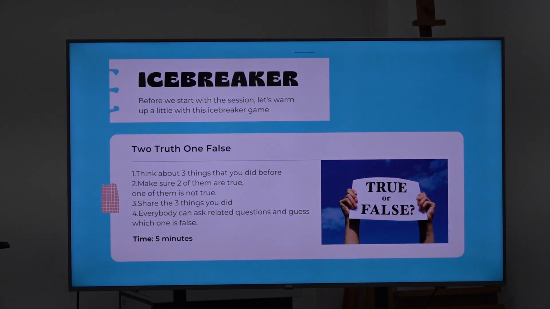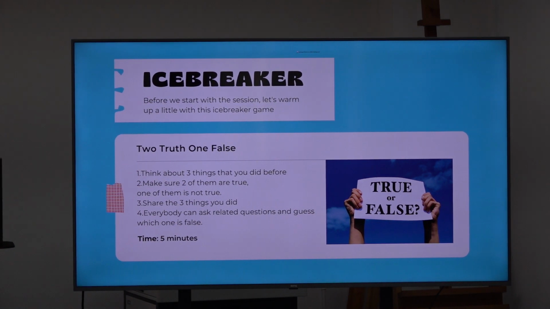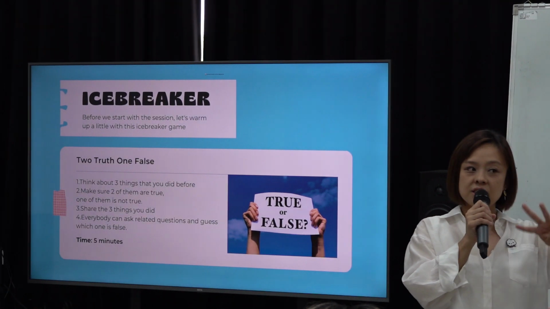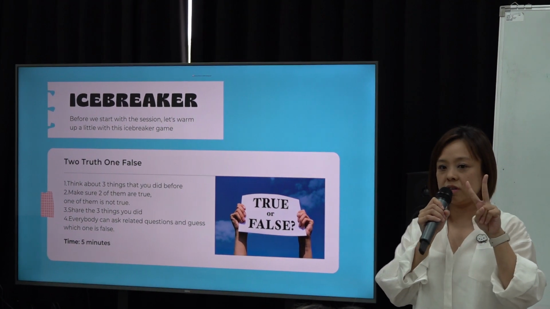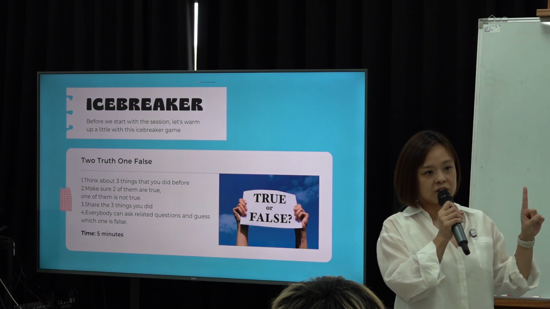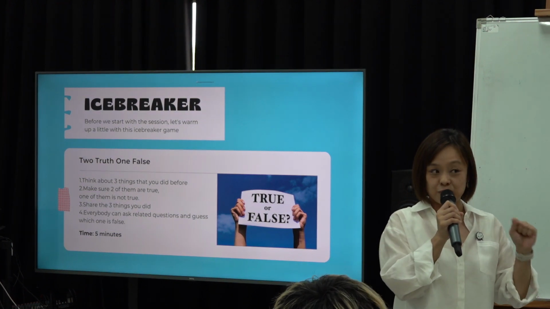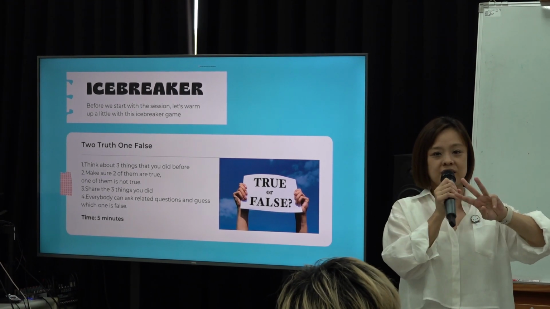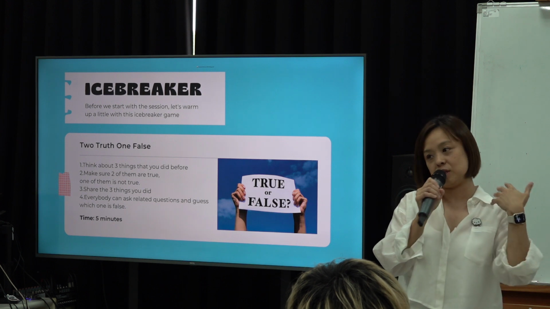So the game, like I said, I don't want this to be just me. I want to know more about you because I'm sure you have a lot of experiences that I would like to know about. So the icebreaker game is called 2 truths, 1 false. 2个对的，1个错的. So I'm going to ask you to think about 3 things that you did in your life. 就是想要请你们想一想3件事情你做过的，2个 2 is correct, 1 is false. 有1个是错的. And then we're going to guess which one is false. Okay, so I'm going to start. 大家可以想一下，想个3件事情你做过的 things that you did. 然后我会先请你们猜我的，